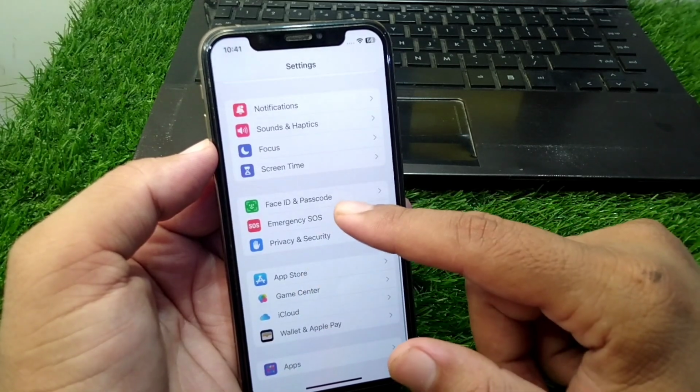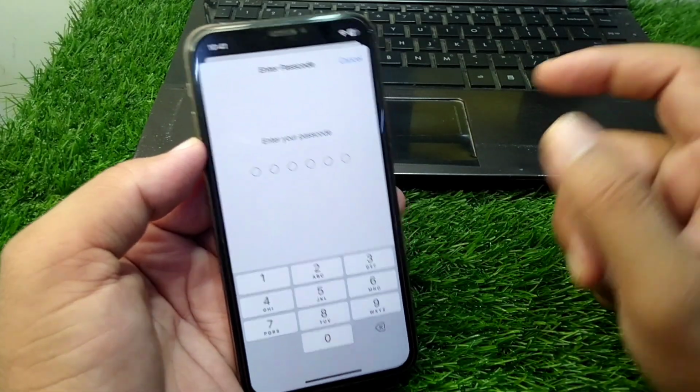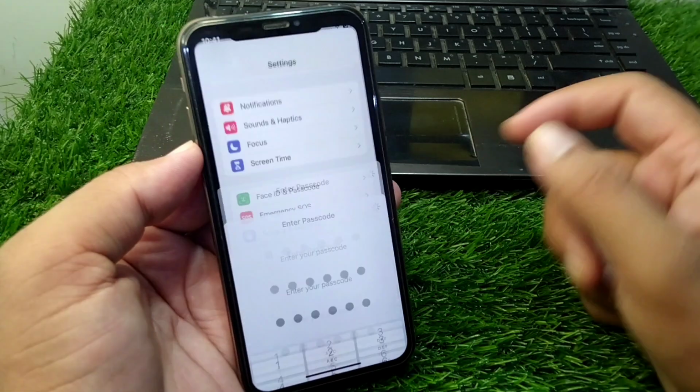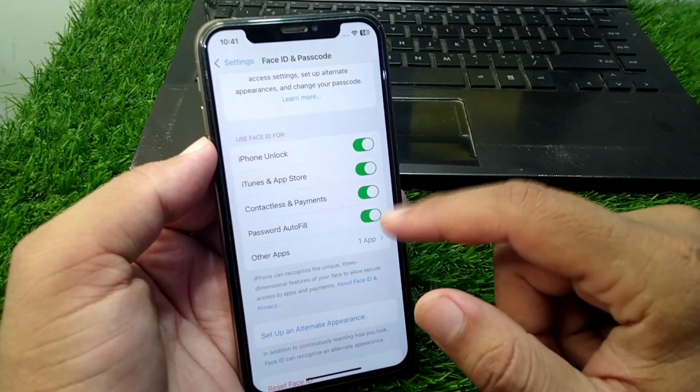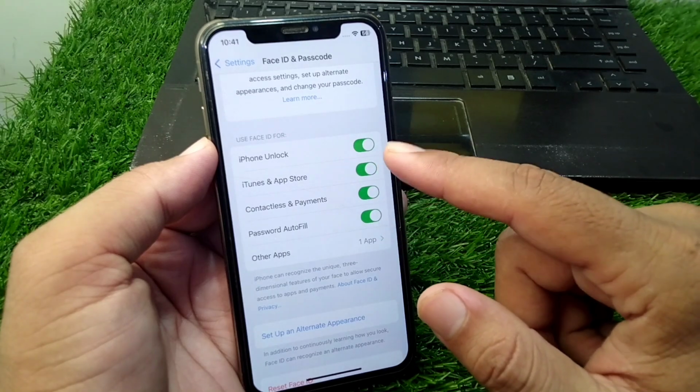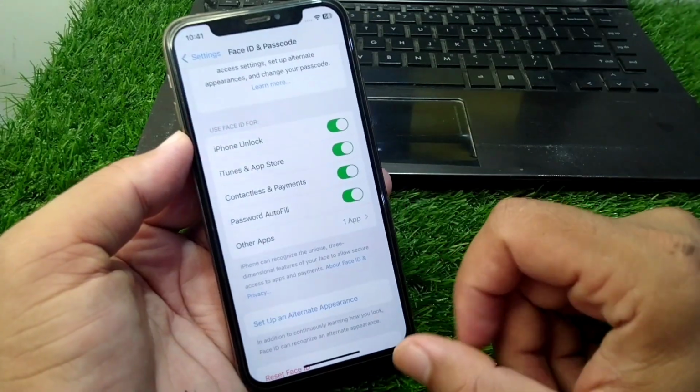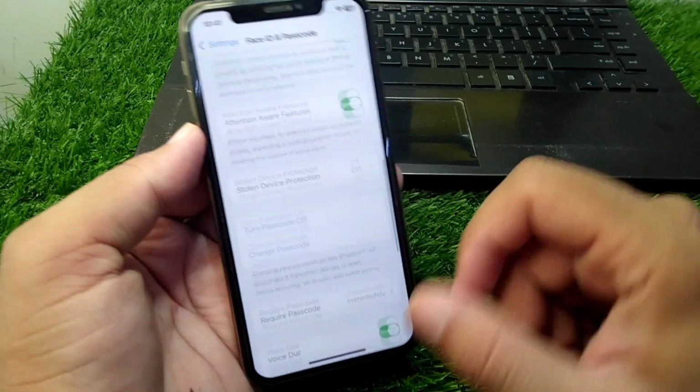and then you have to go to Face ID and passcode, and after this enter the passcode of your device. And now you have to simply turn on all these toggles. So guys, as you can see, you have to simply turn on all these toggles, and after this you have to simply go back to your home screen,